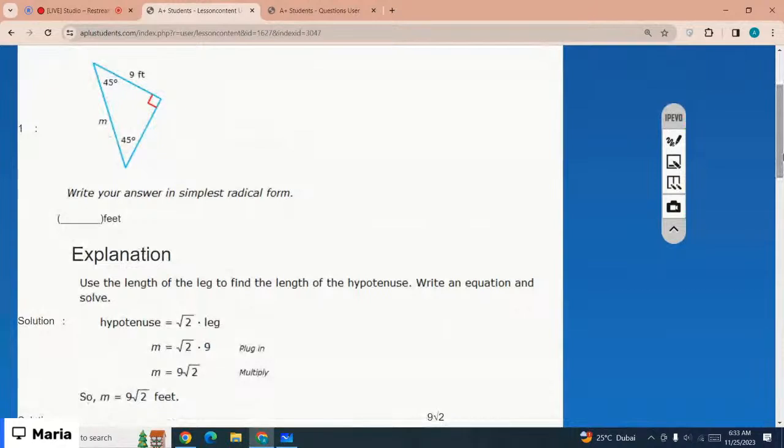You have to see that it is a special triangle. Two of the angles are 45 degrees and one of the angles is 90 degrees, right? So this kind of triangle is special, where the angles are 45, 45, 90. 30, 60, 90 is also a special triangle, and so you have to evaluate